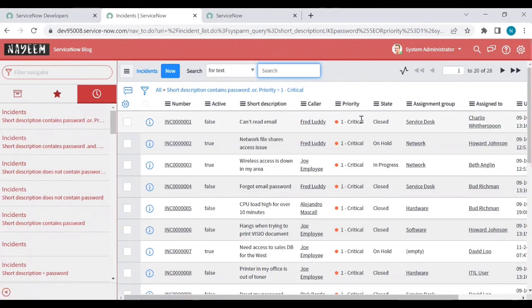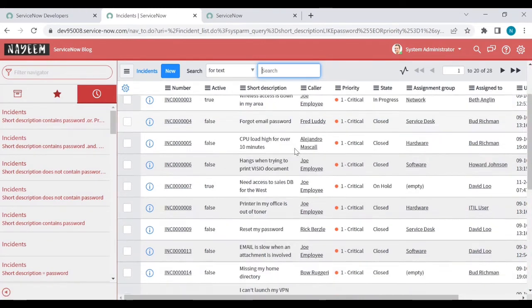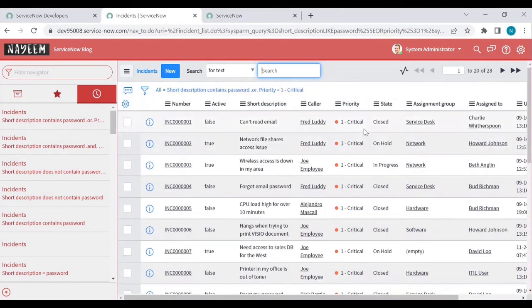For example, you can see the priority is 1 but it does not contain password. So all this list will show. In that way, you can build your own filter. For example, if you want to save this filter,